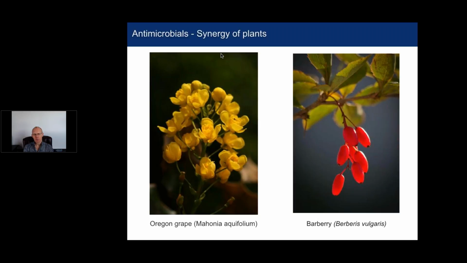The advantage of Oregon grape and barberry is that even though they use the roots, typically, you can just cultivate it and cut some of the roots out and remove them without having to destroy the entire plant. So it's a cheaper way of getting the berberine-containing plants. Now,